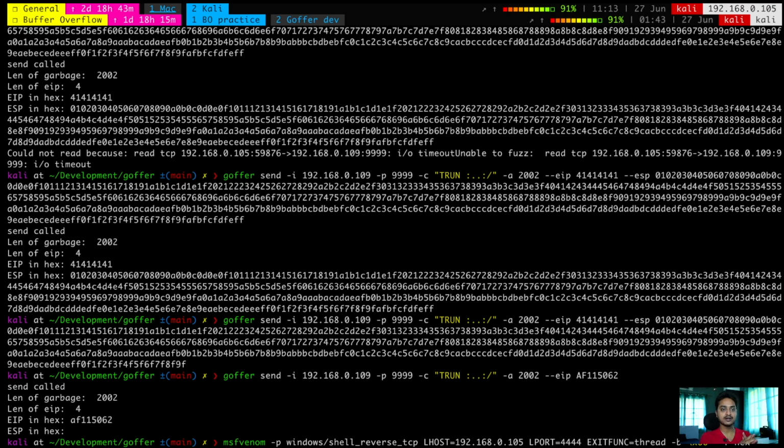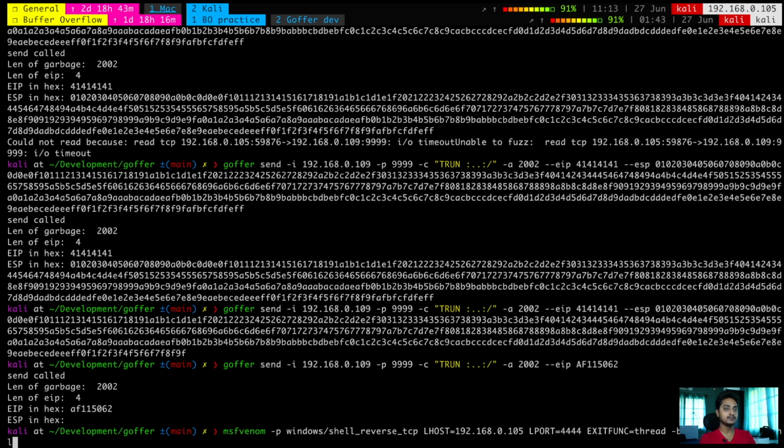This is the part, and then with -b, you are saying that this is the bad character that you don't want your shellcode to contain. If you would have found more bad characters, we would have passed them here. Then F is the format, and we want the output in hex. Let us append this to shellcode tcp.txt file. You want the shellcode to be appended in that one.